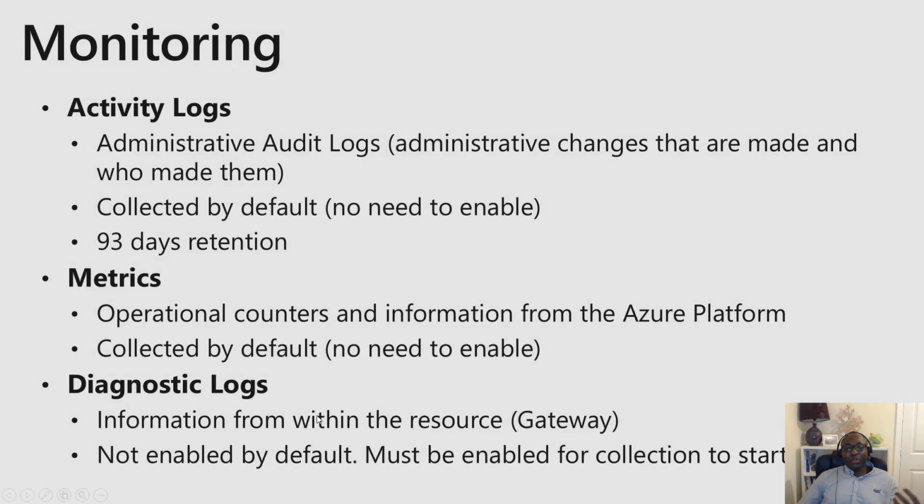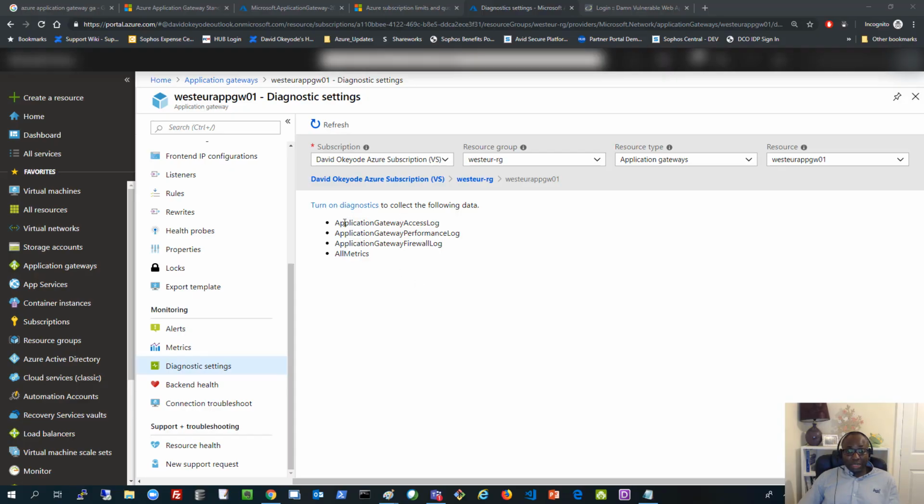So that's talking about information from within the resource itself. Now, these ones are not enabled by default. The first two have no extra charges. But for this one, which is kind of the main important one if you ask me, there are charges associated with it. So if I enable diagnostic logs, for example, these are the three main logs,